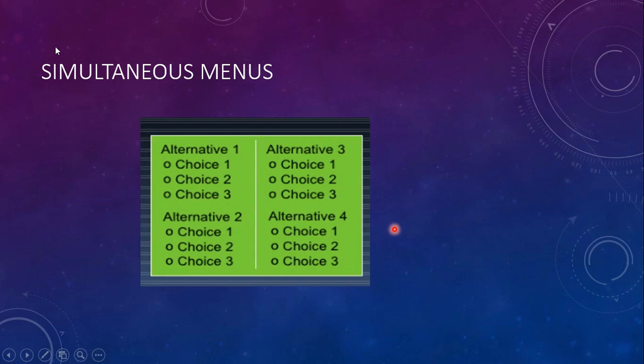If you have an option here to choose, for example, in alternative 1 you have chosen 1, and next in alternative 2 you have chosen 3, and if suppose you want to change the option already entered in alternative 1, you can do it very easily.